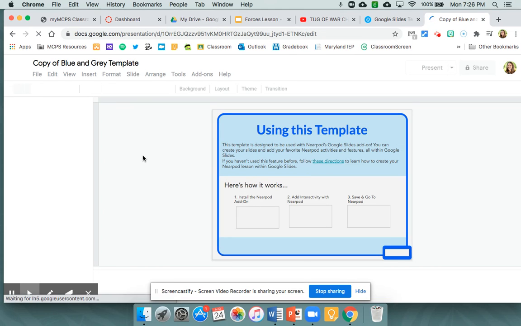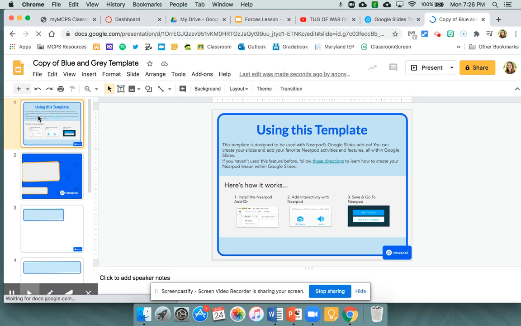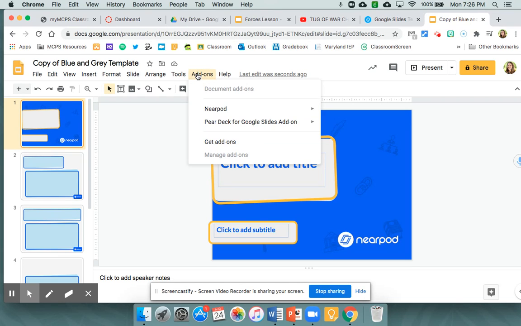And then here we are. Okay, so I don't need this first one because that's just directions, but I'm going to keep the rest of them. So what I want to make sure that I have is the Nearpod add-on. So if I click up here to add-ons, I have it already, but if you don't, what you're going to do first is get add-ons,